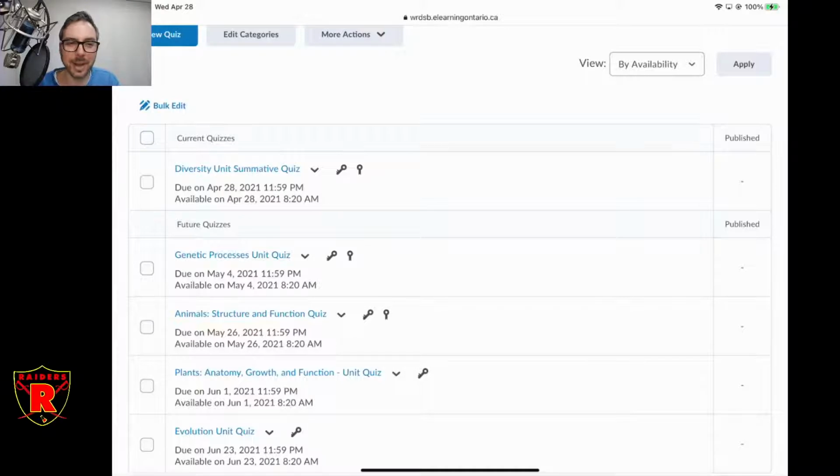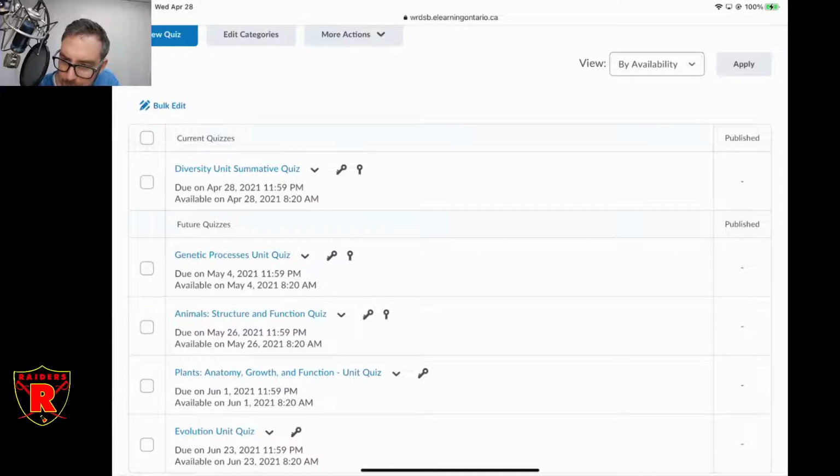For some reason, when you hand in a Google Slides in Brightspace, it automatically converts it into a Microsoft PowerPoint presentation, and then it saves it as a PDF. What a convoluted way to hand in a Google Slides presentation, but that's how the API works for this. So it converts it into a PowerPoint and then saves it as a PDF so that I can comment on it. If you have PowerPoint, you're welcome to use that as well. I guess you're skipping a step, but you don't have to. Google Slides is perfectly fine.